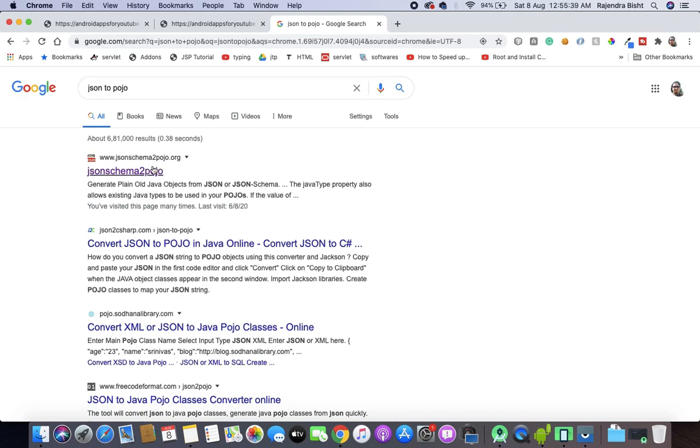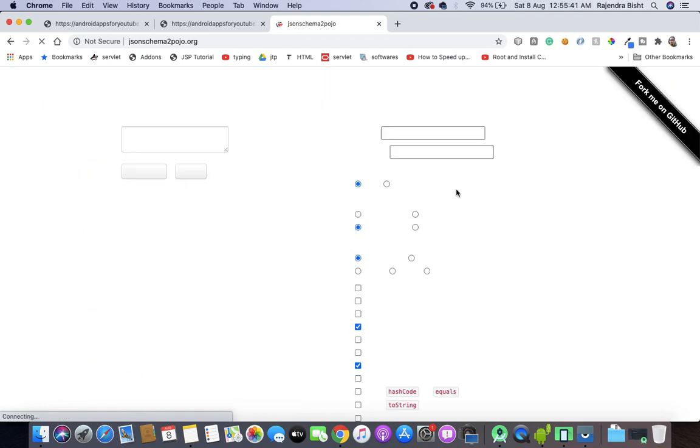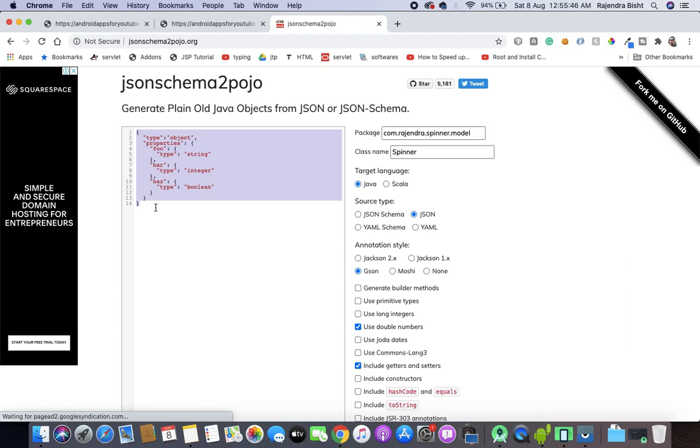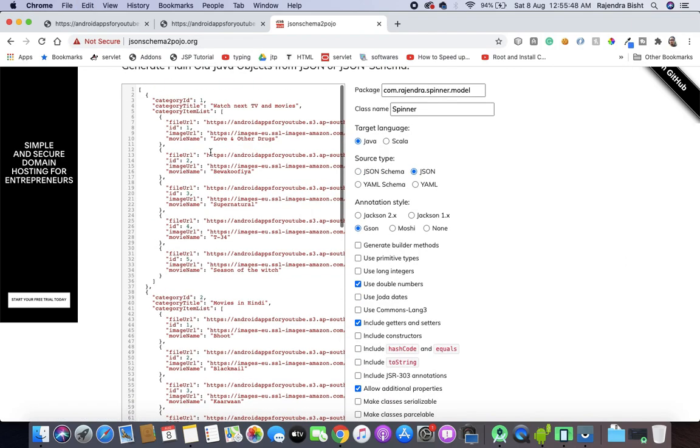So this JSON to POJO will help us to create our model class based upon this endpoint URL JSON.